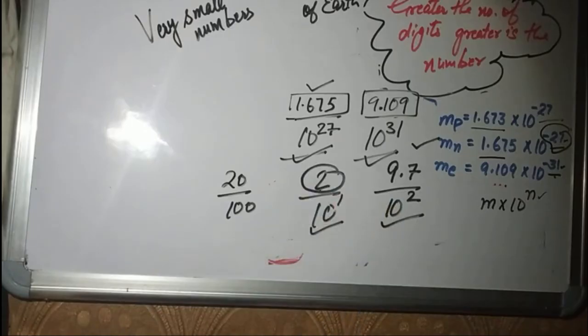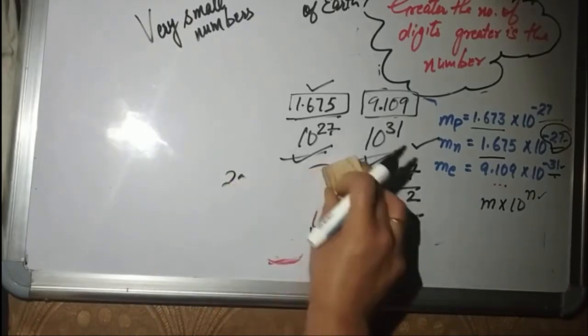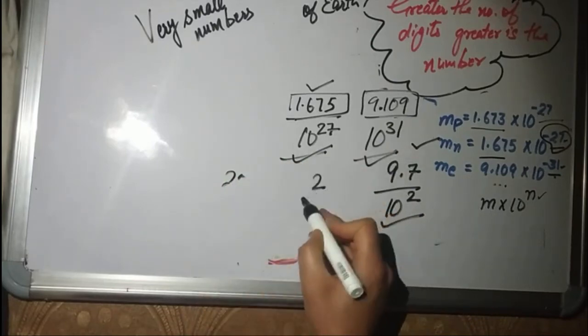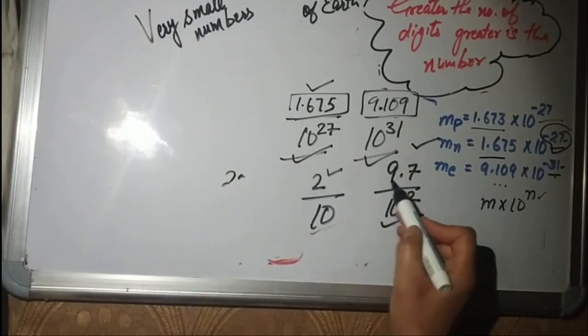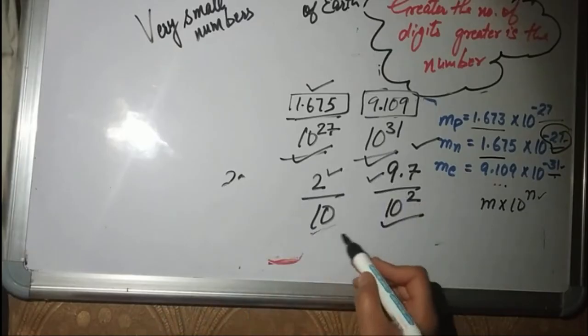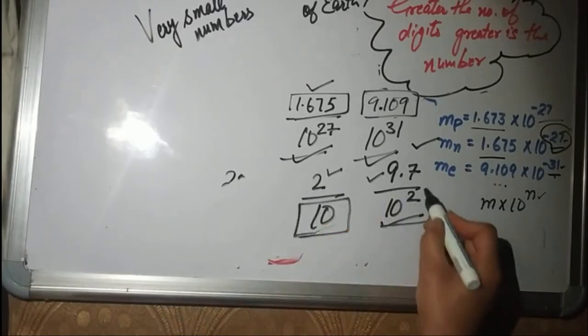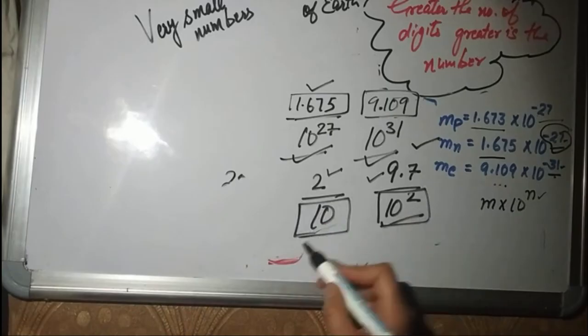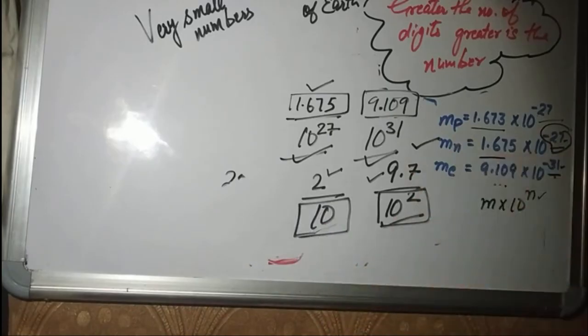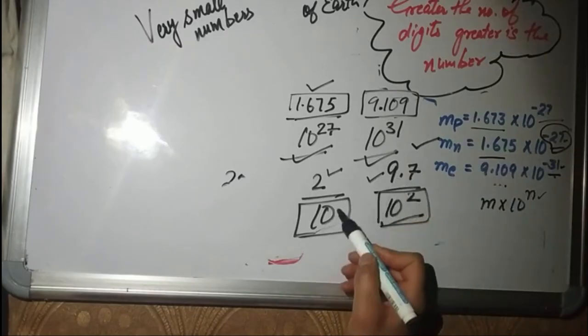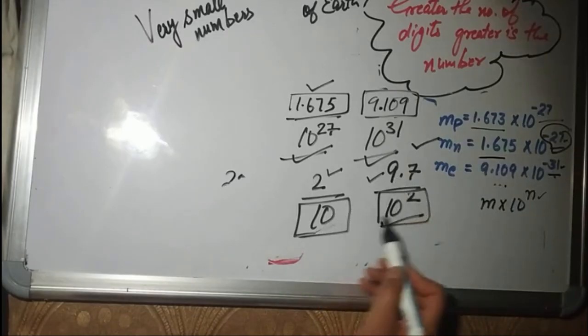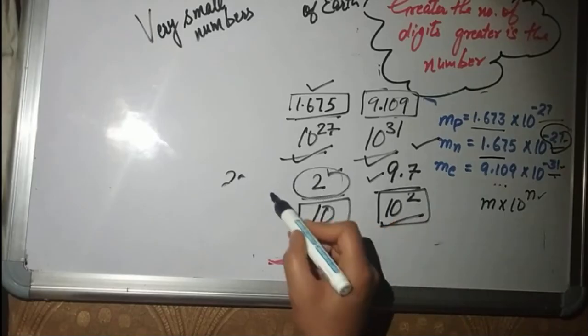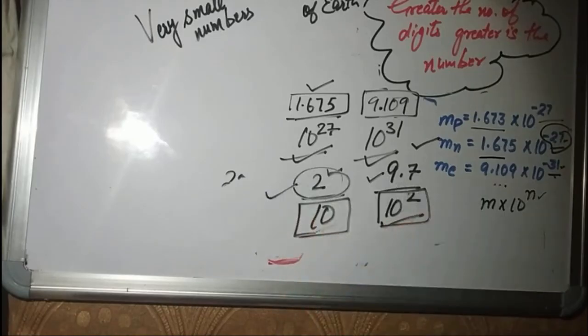So when we compare in scientific notation, this is always going to be a 1-digit number, and we can only compare with the denominators. Whose denominator is bigger, that number is going to be smaller. Because the moment we make the denominator the same, this will become a 2-digit number which is bigger than this. So here I tried teaching you scientific notation.